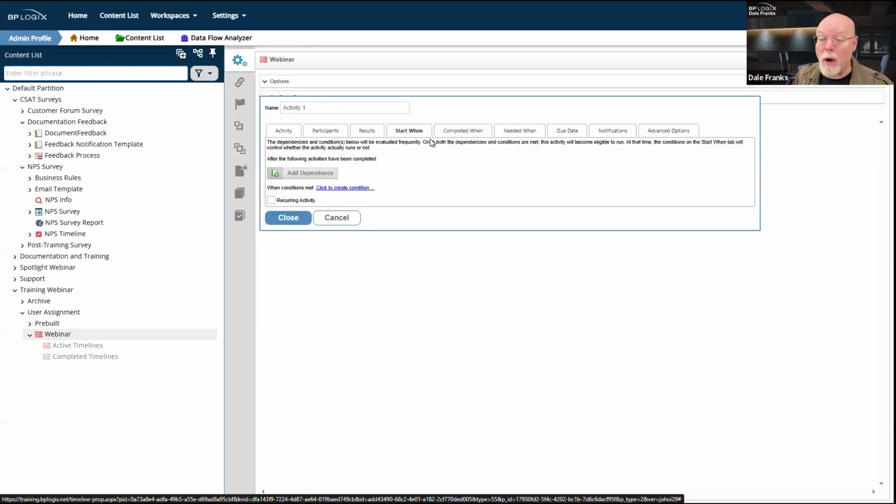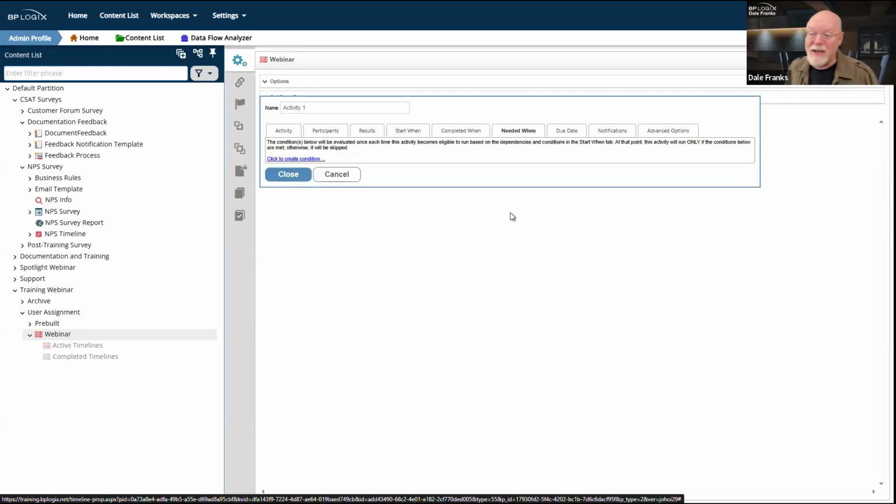Your start when conditions are basically evaluated once when the activity begins. So are your needed when conditions. If subsequent to that task starting, so I'm now running in this activity as an active task, a needed when condition is suddenly met, it doesn't matter.